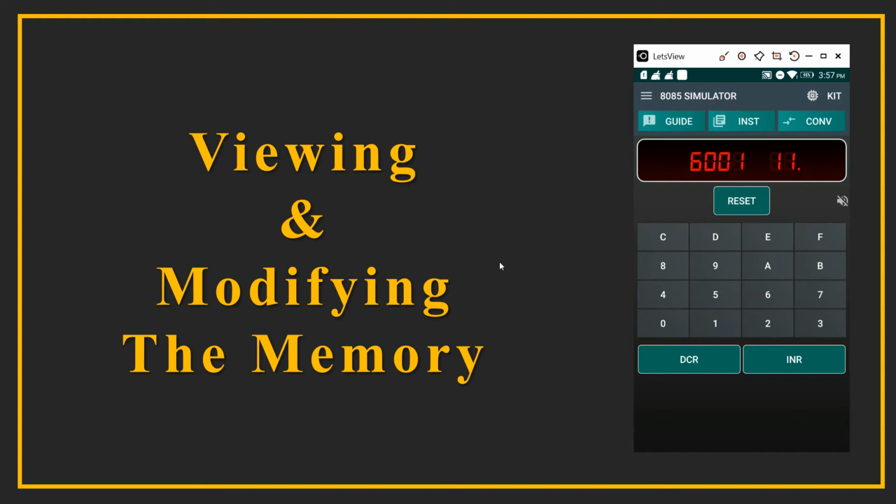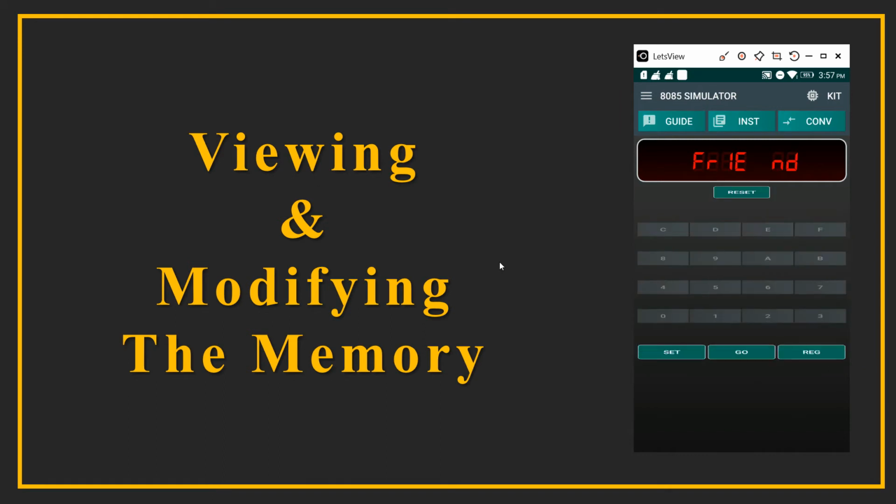There is a number 11. I will write BB, suppose. For simplicity, we will write down AA, BB, CC, DD so that we can remember them and again view them. Then next we will write down CC. Then next we will write down DD. And then we have written down 4 numbers. Now I reset the kit once again.